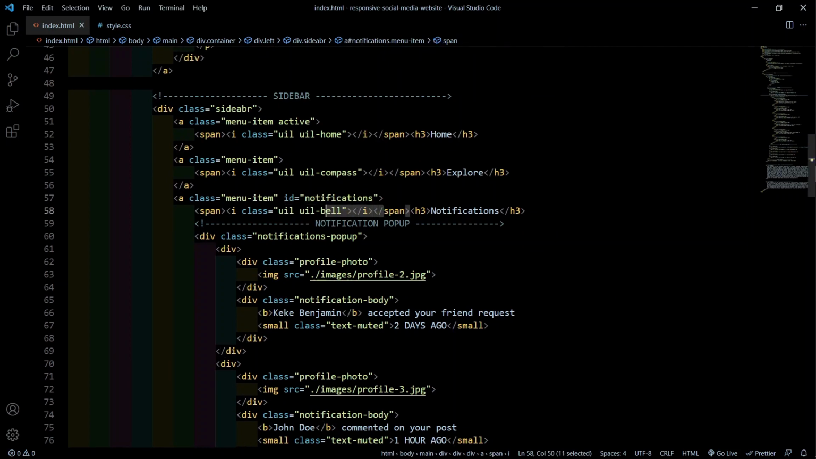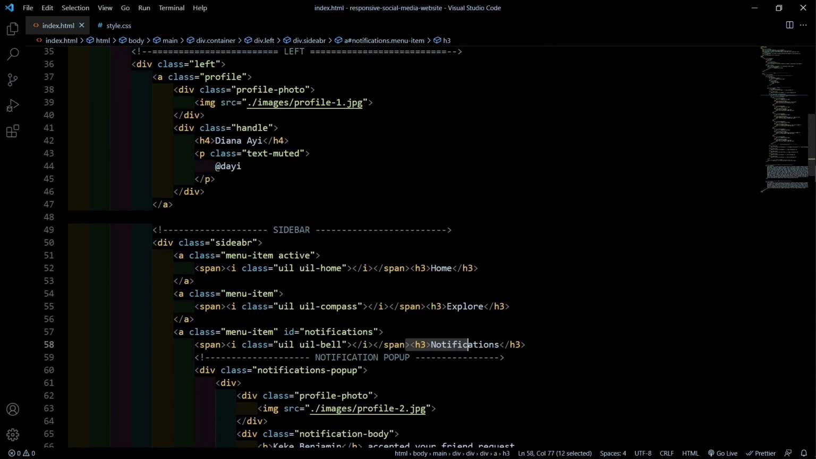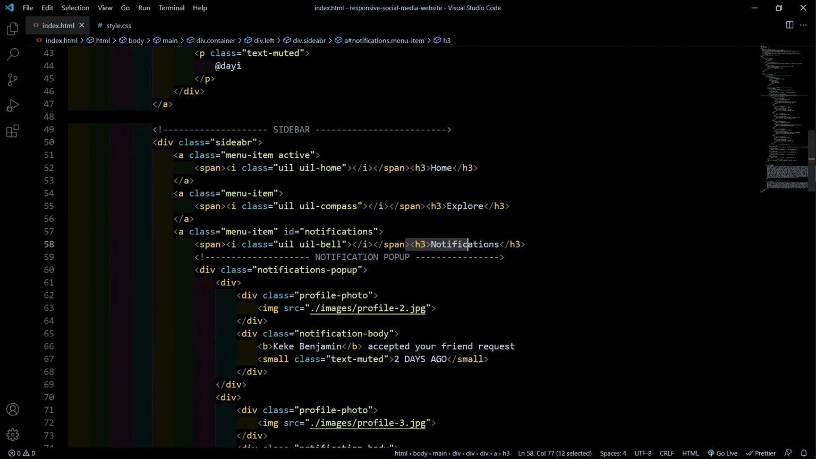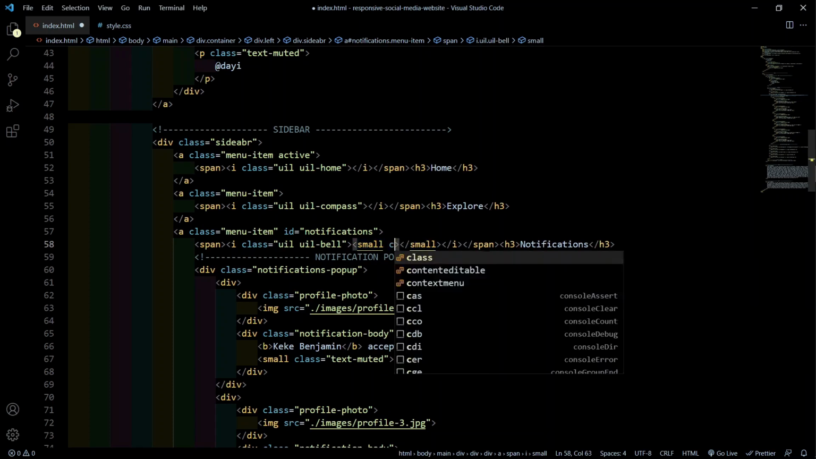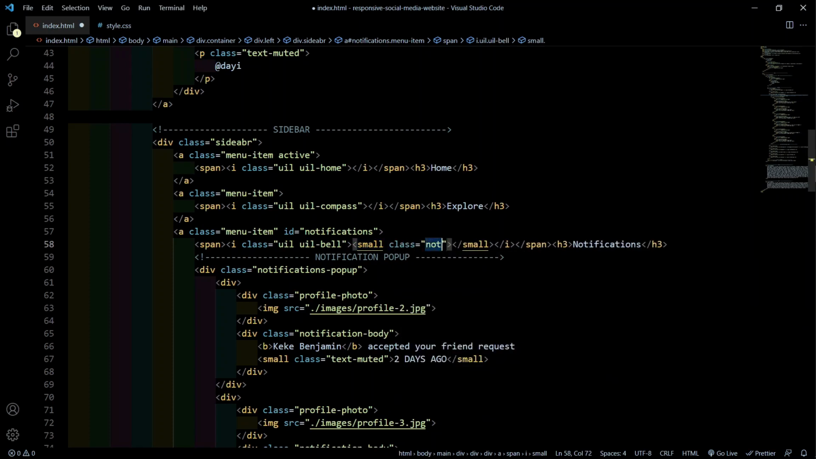All right, and also inside the icon tag of the notification and the messages, I'm going to have the notification counts. Okay, so inside the I tag here, I'm going to have a small tag, and that is going to have the notification count. Let me give that a class of notification count. Okay, and the notification count for this is going to be 9 plus,